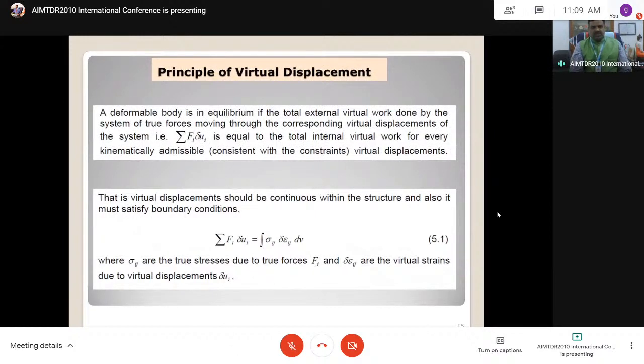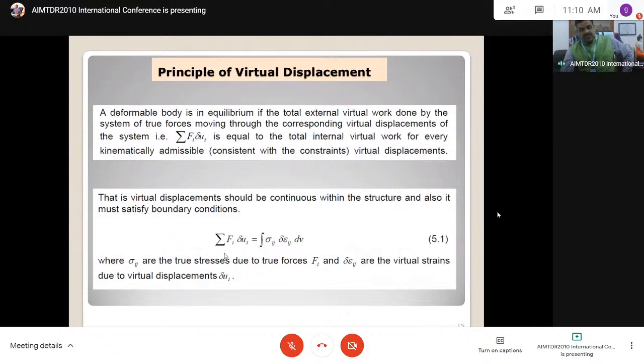If the total external virtual work done by the system of true forces moving through the corresponding virtual displacements of the system is equal to the total internal virtual work for any kinematically admissible virtual displacements. I already explained what kinematically admissible means. This can be represented as Fi into delta i, if it is a